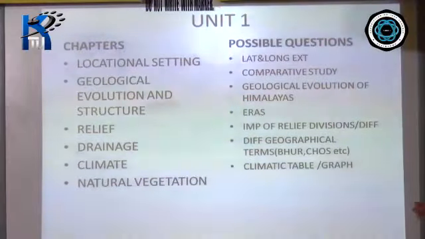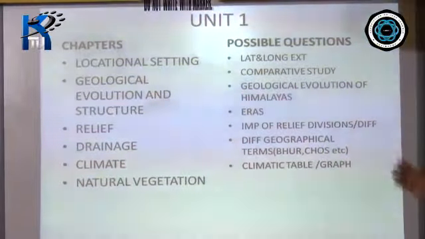Or they might give you the climatic table where station A and station B have been given, where you have to find the range of temperature, whether the station is near the coast or far away from the coast. So those type of questions are possible. And natural vegetation chapter, go through the characteristic features of different forest areas like tropical evergreen forest, why it's known as tropical evergreen forest, why it's known as tropical deciduous forest. Those terms are very important. So if you are choosing the question from unit 1, these are the important things.